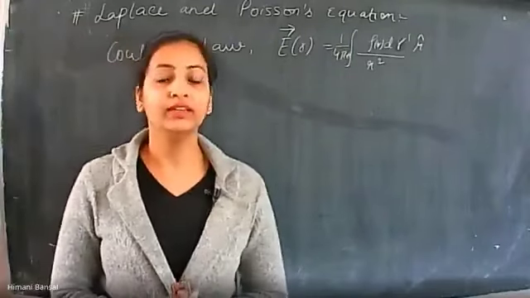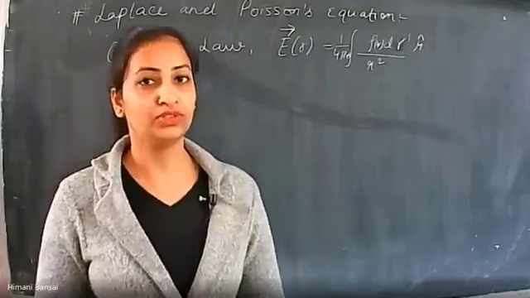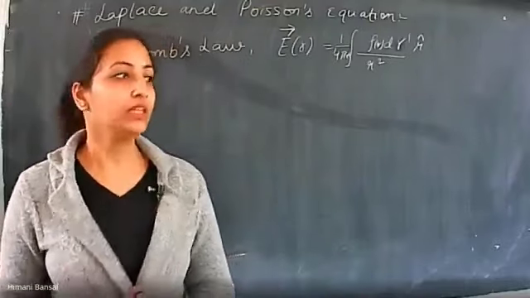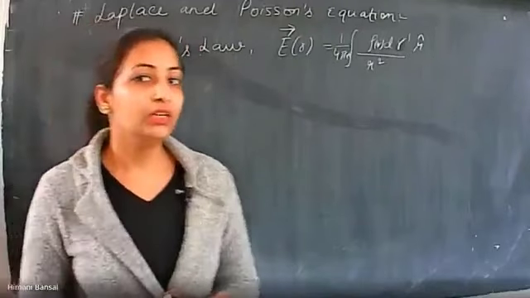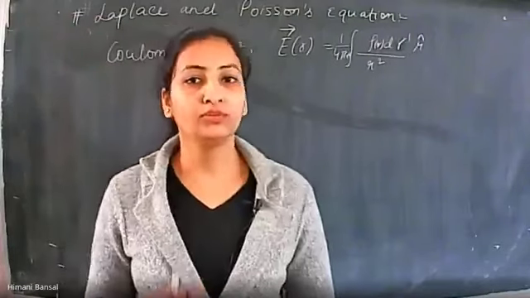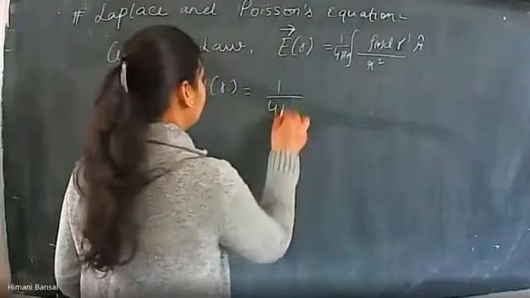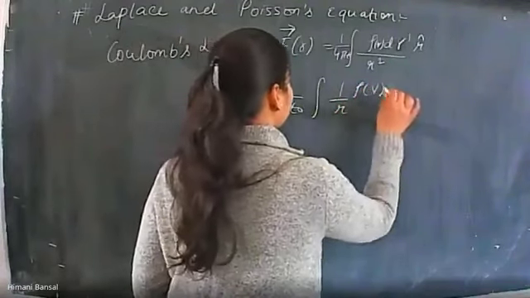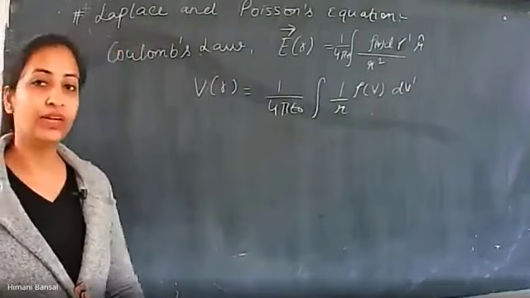But unfortunately, integrals of this type are difficult to solve for any type of charge distribution. In such cases, if we have symmetry, then we use Gauss's law. But the best strategy is to deal with the potential, to calculate the potential first, and then we can find the electric field from the potential. And the potential can be given as an integral, but still even this type of integral is difficult to handle analytically.